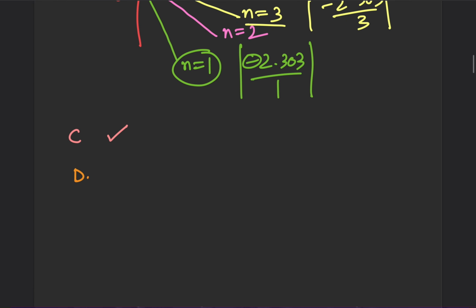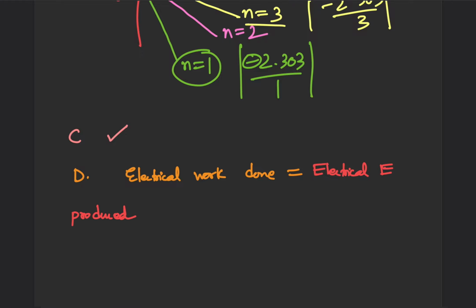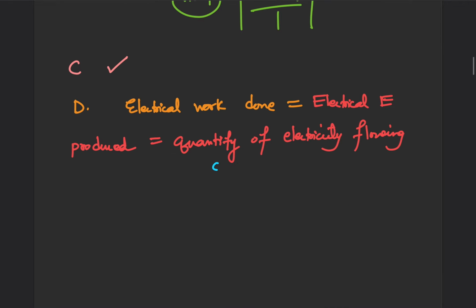So the electrical work done is equal to the electrical energy produced, obviously, which is equal to the product of the quantity of electricity flowing, which you can also designate as the charge,